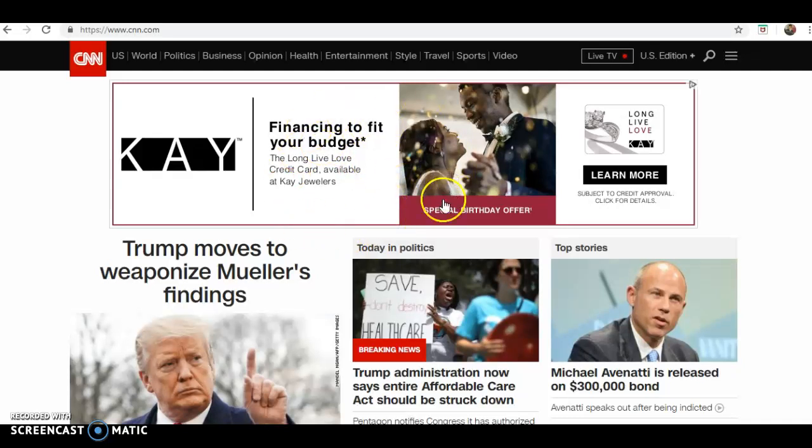The app that I have chosen is CNN. This is the website for CNN. I will show you here in a second the application version of it that you can use on iPad, iPhone, accessories like that. But right now, if you were to use a laptop, computer, whatever, this is what you would get if you